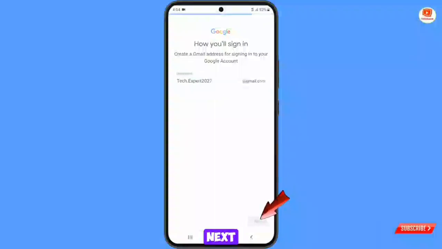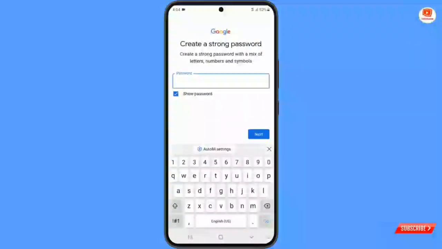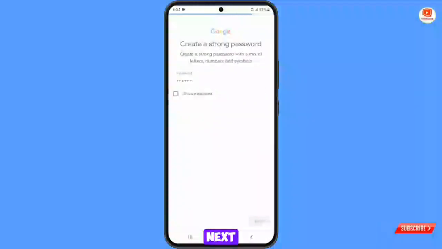And then tap on next, select the password, tap on next,